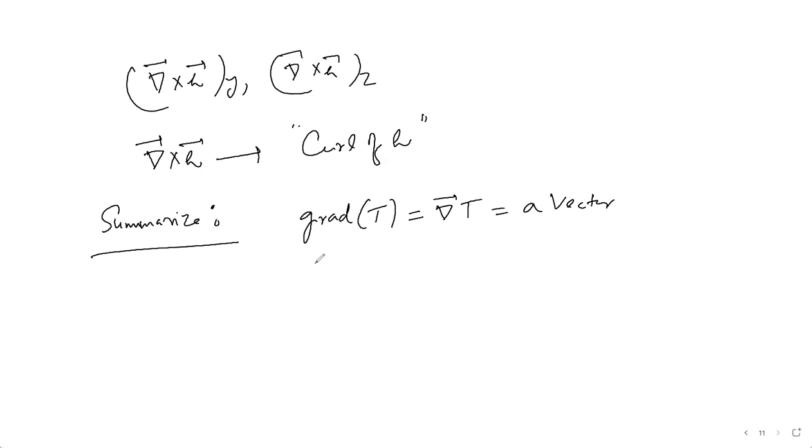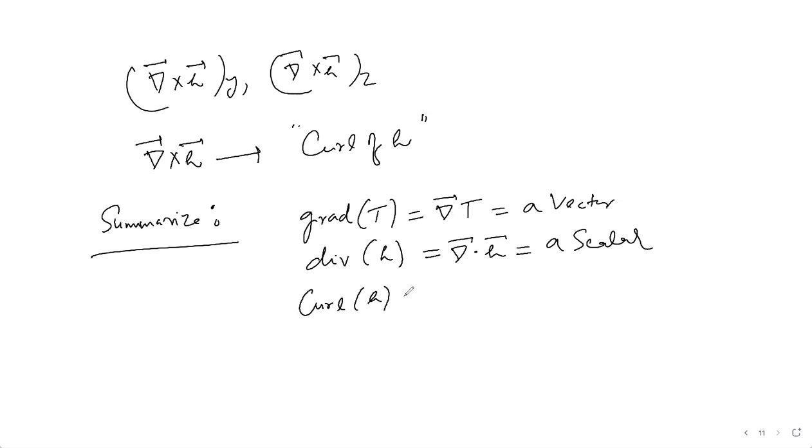Okay, and when I say divergence of some vector function, H, so this is something like del dot H, and this is a scalar, right? And when I say curl of H, so basically del cross H, it's basically a vector. Okay,